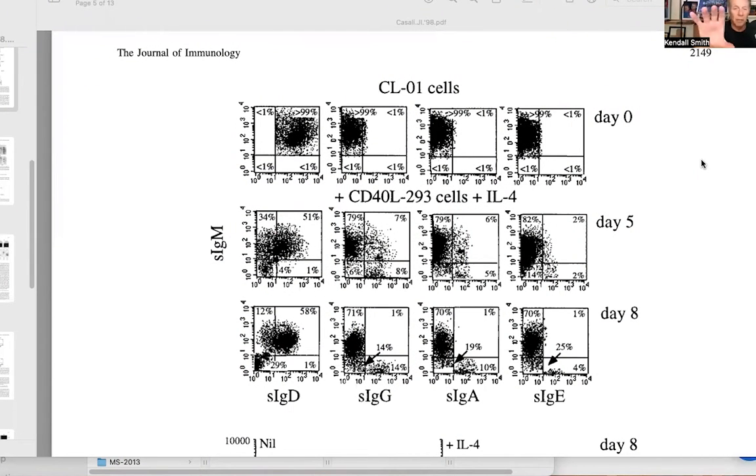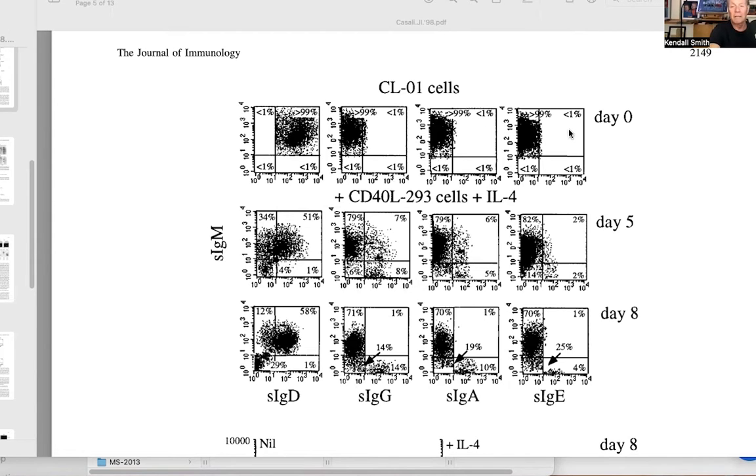There's an upper panel and a lower panel. In this upper panel, they simply called these cells clone 1. The clone 1 cells are shown at time 0, then at day 5 in culture, and then day 8 in culture. At day 0, this is the phenotype of the cell: surface IgM, and then surface IgD, IgG, IgA, and IgE. So the cells are basically double positive for M and D, and they are G negative, A negative,